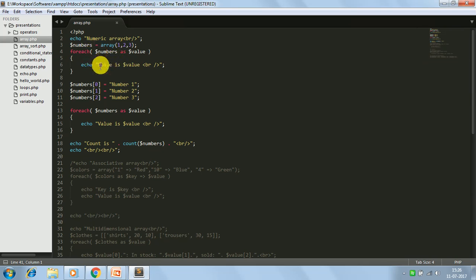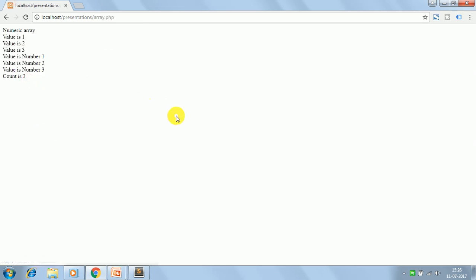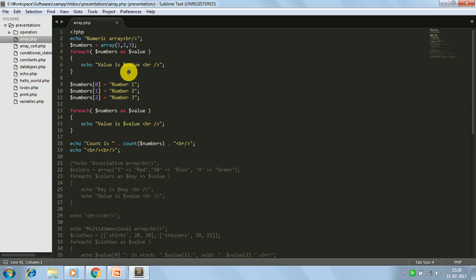Then I iterate over this array and print the value. Let's look at the output on the browser. Okay, so I click on array.php. The value is 1, value is 2 and value is 3, which are the values we have assigned to